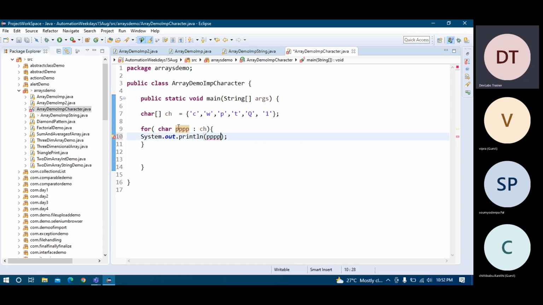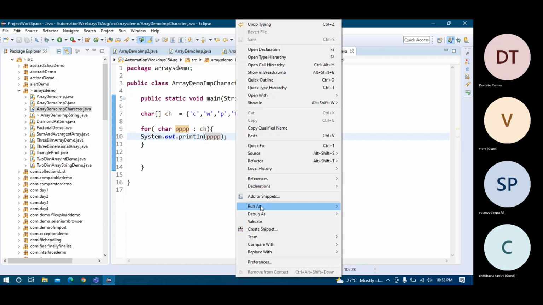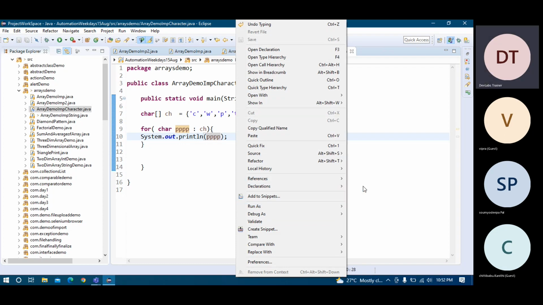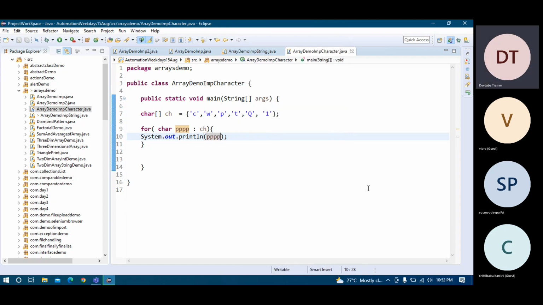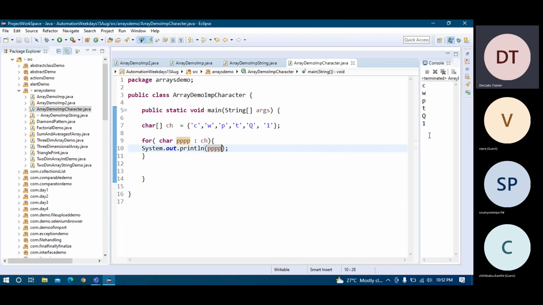So what it will do, PPP, it will first point to C, then W, then P, and like this. And if you run this, this is for character array printing. You can see here.